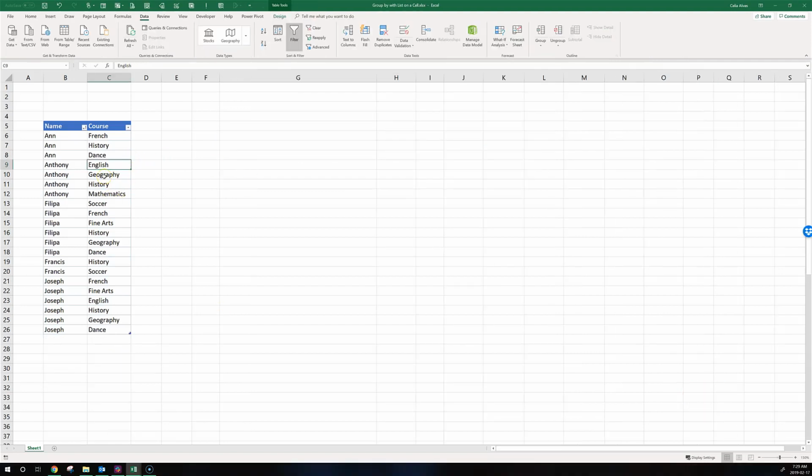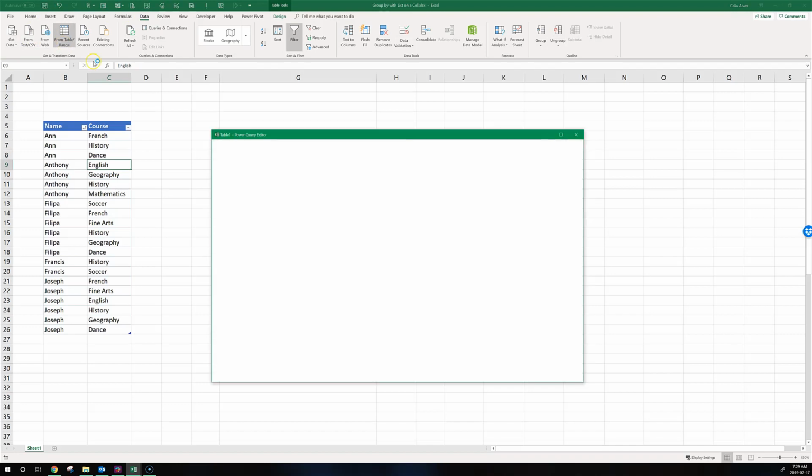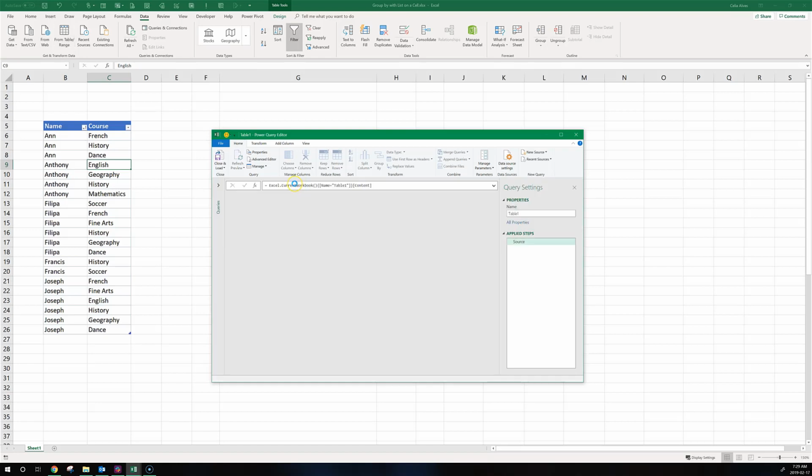Okay, so this is our original data. We click anywhere on the table. We go to Data tab, and then from Table/Range, we wait for the Power Query editor to open. And let's pay attention to the names of the columns. Column name, column course with a capital C, which is important because M-code is case sensitive. We want to go to Group By,